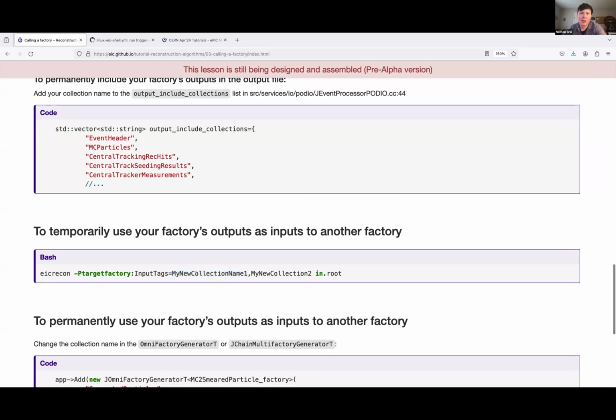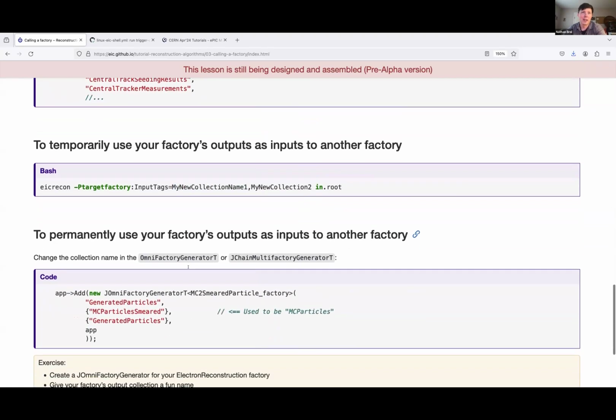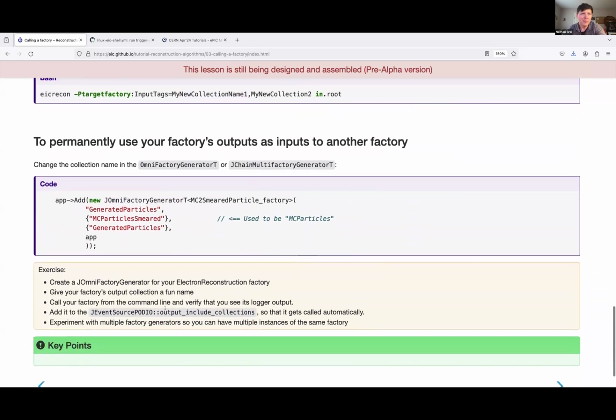And then obviously, if you want to permanently use your factory's outputs as inputs to another factory, you go into the Omni factory generator for that factory, and say, we're going to pull in the collection name from our new factory. And then you're sort of saying, this output is being consumed by this other factory, and that means I'm going to be called. And so the whole point for this exercise is to go ahead and